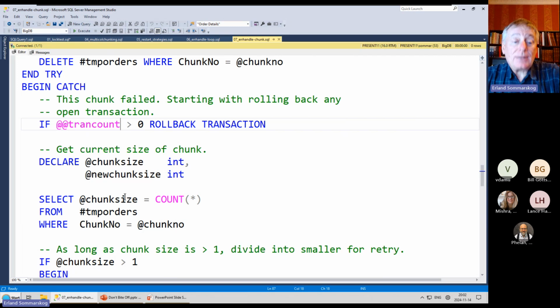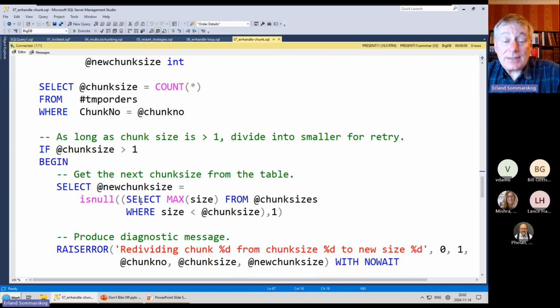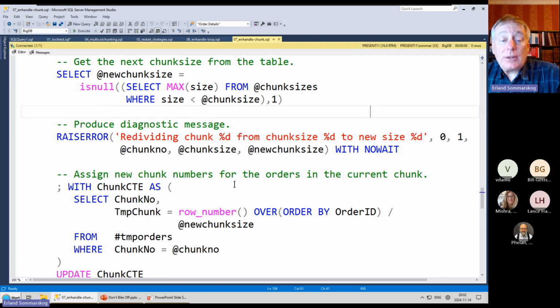Two more variables. So I get what is the current chunk size of this chunk. And if that chunk size is bigger than 1, then I should get the new chunk size, which is the next value in the chunk sizes table. And if there is none, well, the new chunk size will be 1. And again, there's a diagnostic message. Again, it's level 0 down here with no wait. And then I'm going to compute